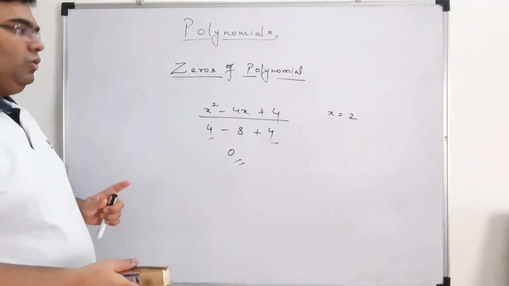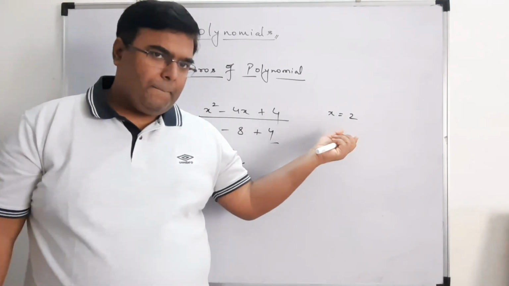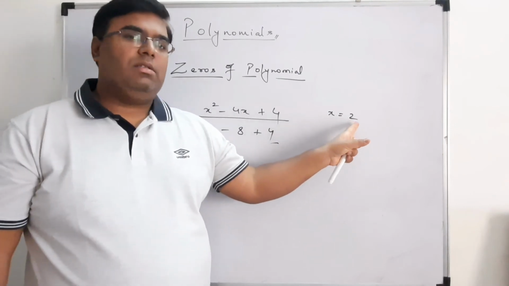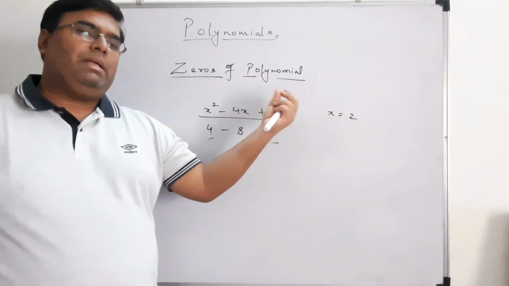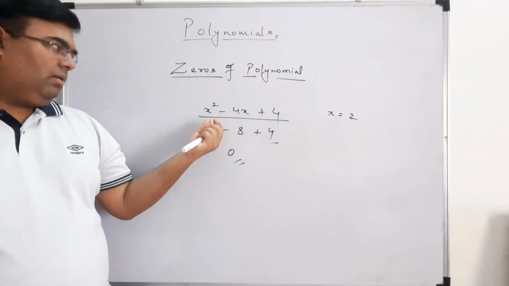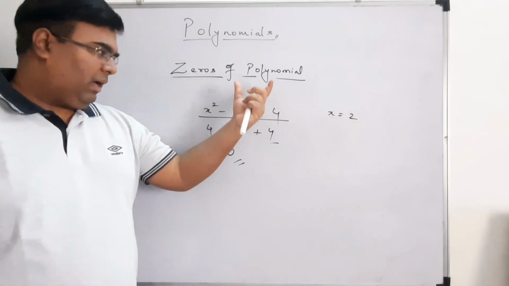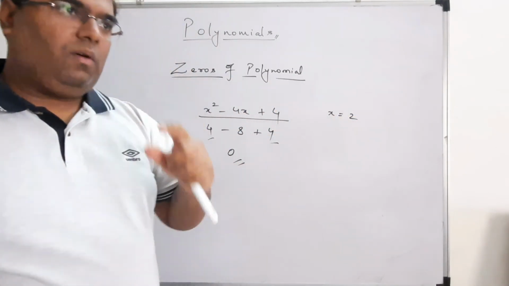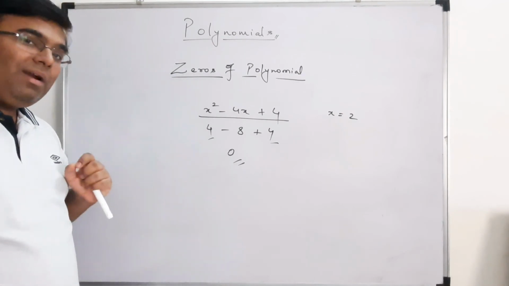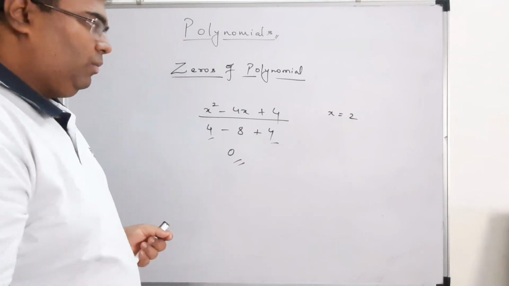Okay, so the question will be coming like, to check the numbers, right, whether this is zeros of the polynomial or not. So simply just replace that number, okay, from x. Okay, you just replace that x by that number and find the value. If you are getting 0, then this number is zeros of polynomial, and if you are not getting a 0, it is not a zero of polynomial.